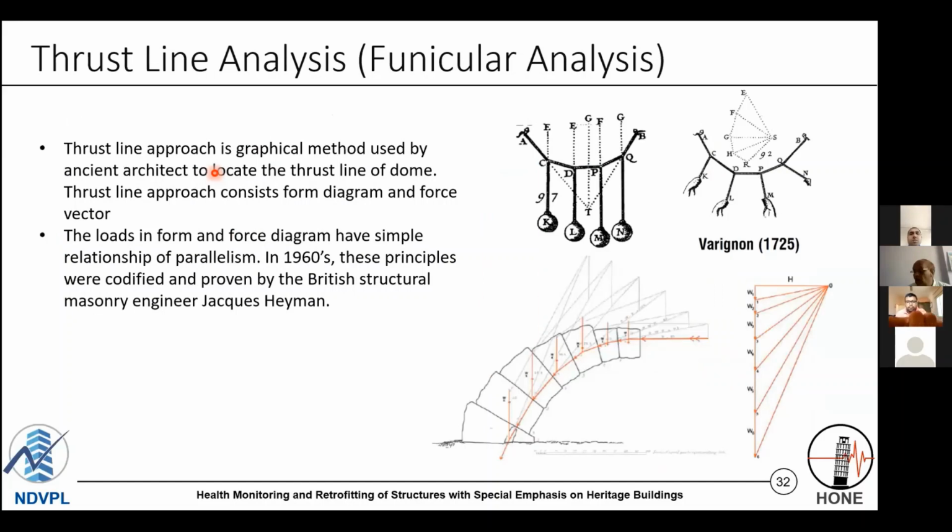So this is how the ancient builders analyzed. What they did is they used the funicular method. The funicular method says that you hang a chain, and the opposite of that is a good profile for an arch. Proportionate loads can be hung to get the correct profile. Based on that, Heyman has developed the thrust line method, the modern thrust line method, which is a similar version of the funicular method, a very simple method.